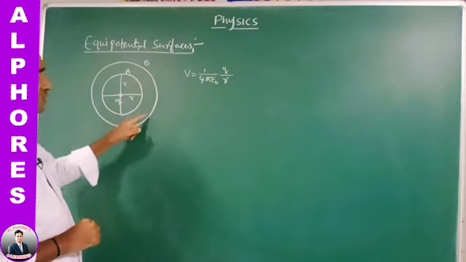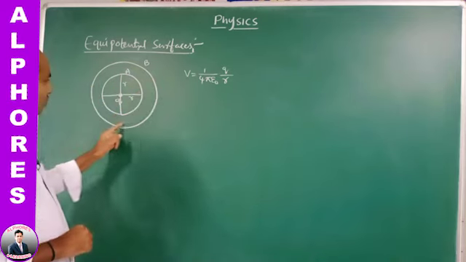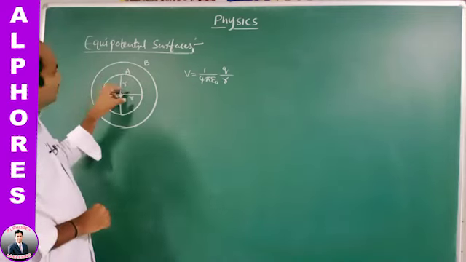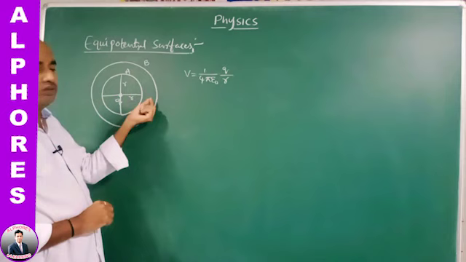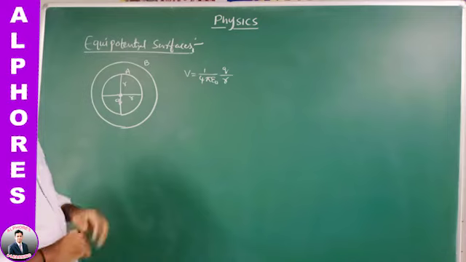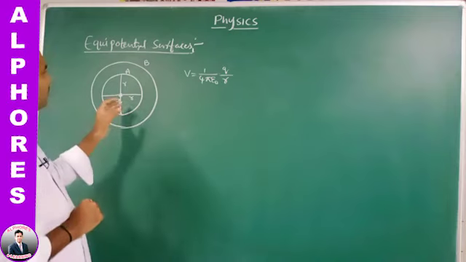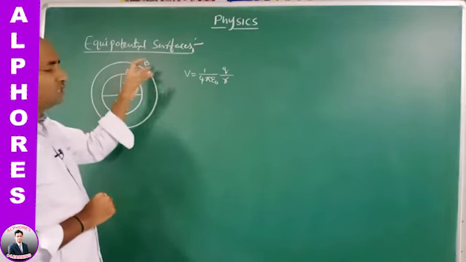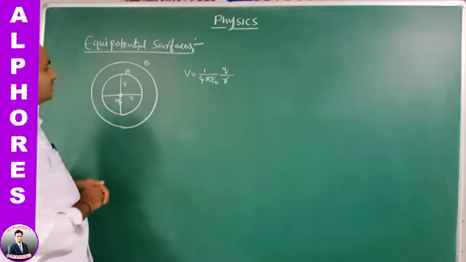On the surface, at every point, either on A or on B, the potential value remains the same. An equipotential surface in an electric field can be defined as one where the potential value remains the same at every point on the surface. Here we are taking an example: in case of an isolated charge, A, B are two concentric spherical conductors. These are equipotential surfaces.